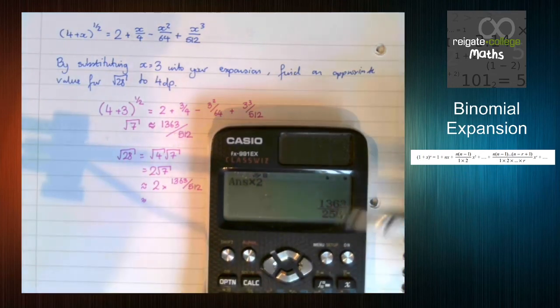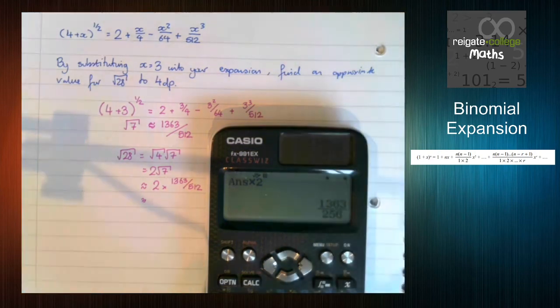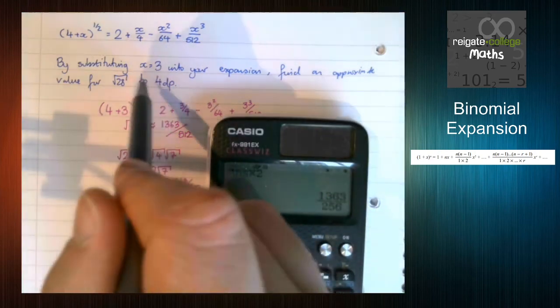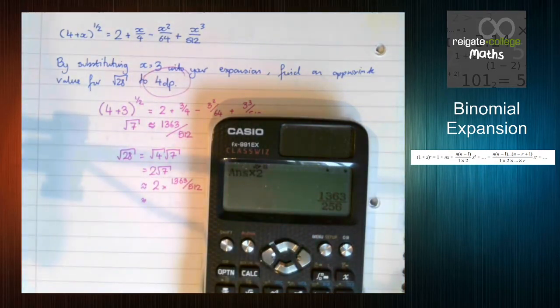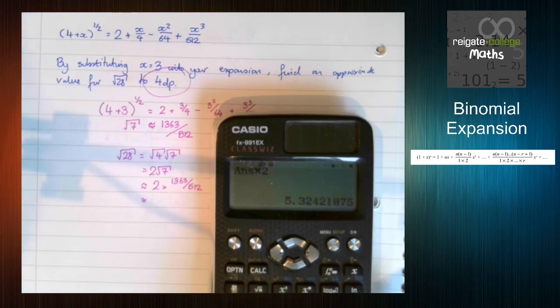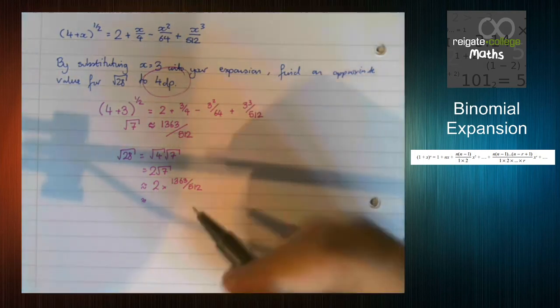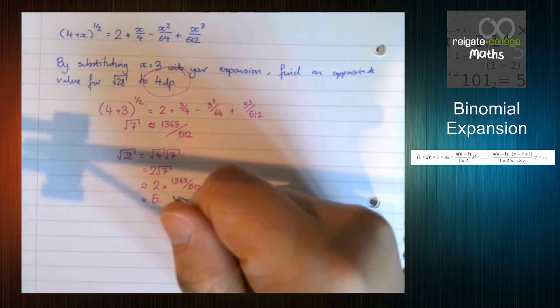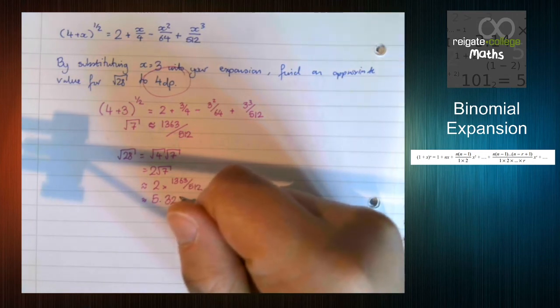So if we times it by 2, unsurprisingly, we get 1,363 over 256. But that's not what the question asked for. The question asked for 4 decimal places. So we need to make sure we give our answer correct to 4 decimal places. So in this case, we get 5.3242,